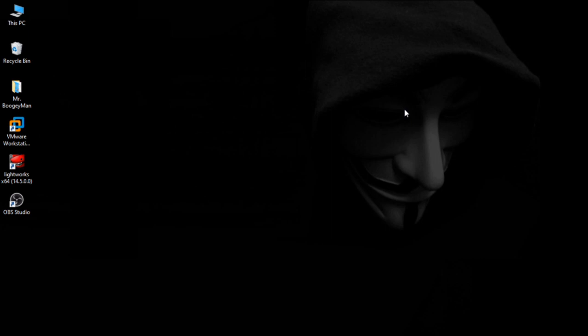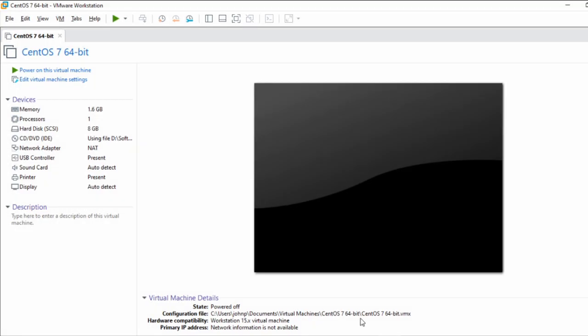So today I'm going to show you how to create partitions, how to add a hard disk and then create partitions in a Linux CentOS 7 machine. For that, currently in my system I have a VMware Workstation, so I'm going to log in there. You can see that currently I have an 8 GB hard disk attached to the system.